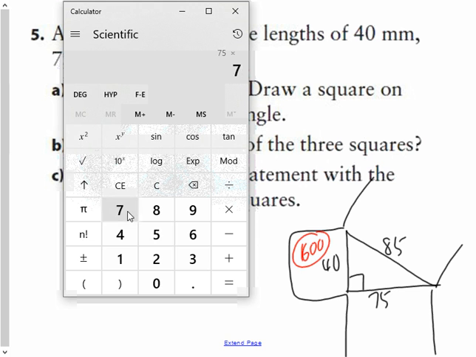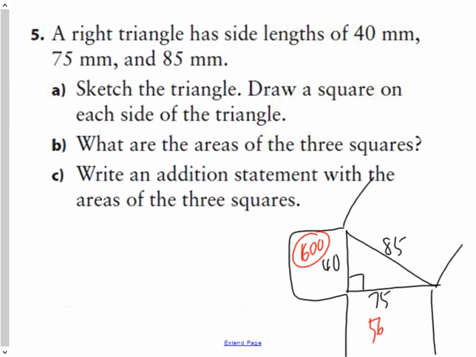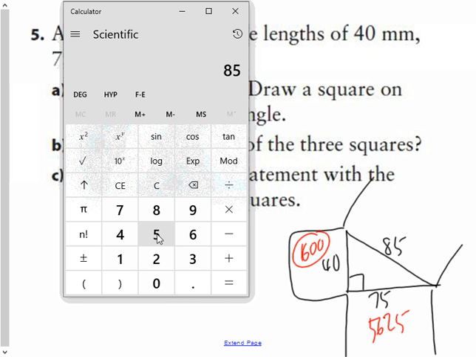Now you can go 75 times 75 and get 5625, or on your calculator you have this square button right there. If you press that, 75 squared will give you the same thing as if you did 75 times 75. So this would be 5600 and, was it 25 or 75? 25. And then 85 squared. Again, you could do 85 times 85 and get this answer, or 85 and hit your x squared button. Oh, I did 75, not 85. 85 x squared, and you get